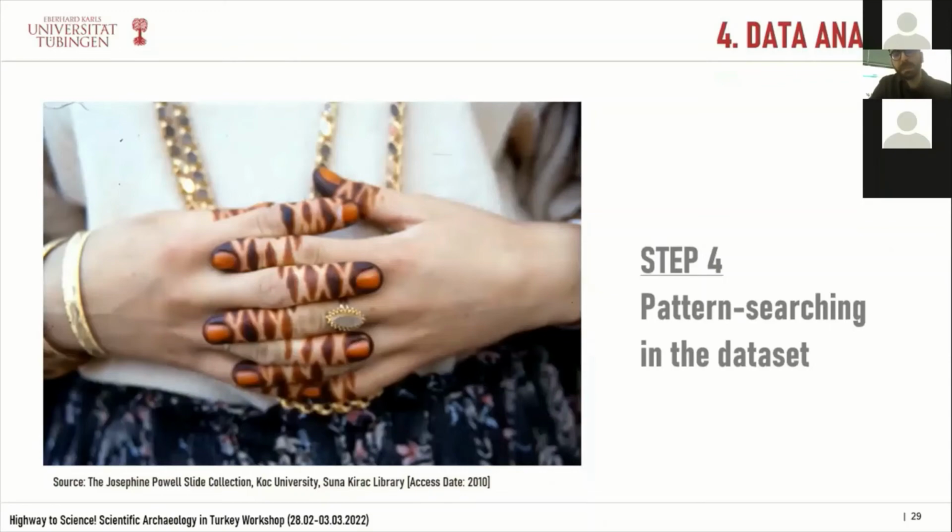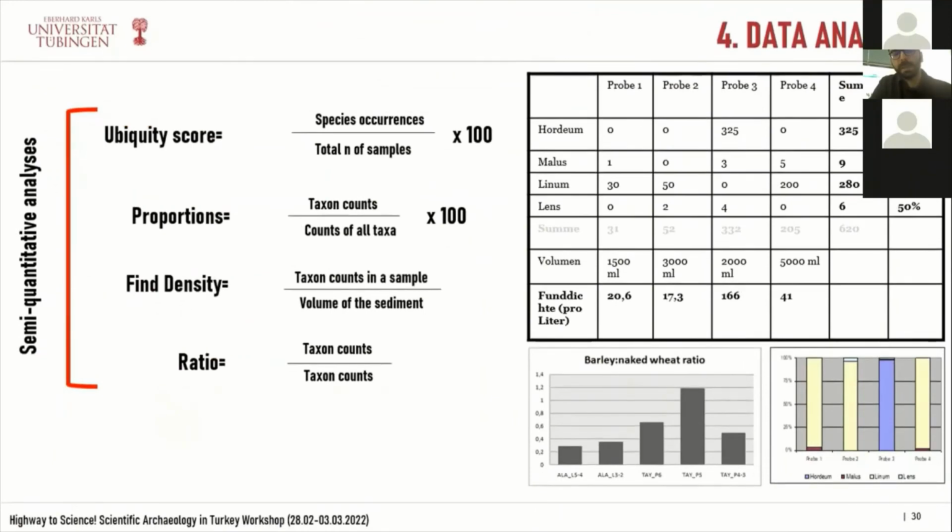But I will come back to this. All right. There are different types of analysis that we can do. Maybe for the sake of time, I can skip this part a little bit. But we have this semi-quantitative analysis, which includes ubiquity scores, proportions, find density, and ratios. These are different types of analysis, and you are just trying to understand your data set by using these different types of